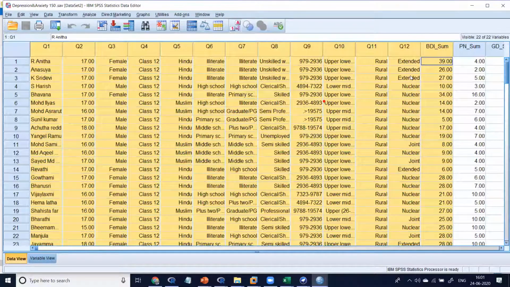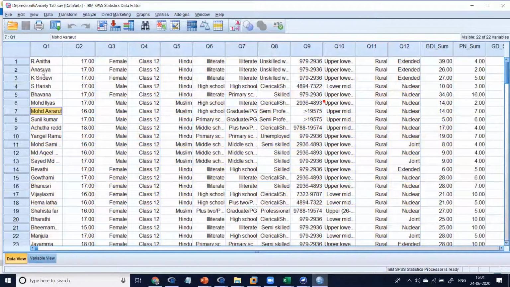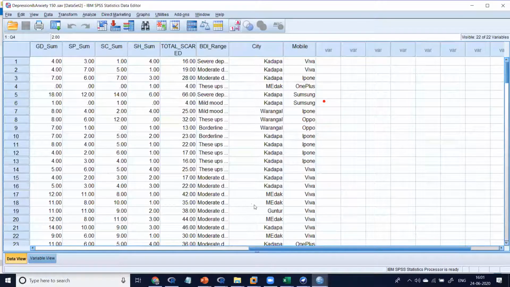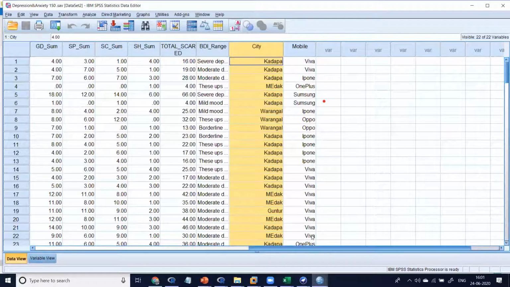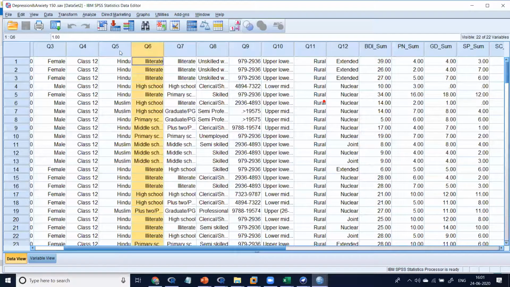Those are all the patient names: Anita, Anasuya, Sridevi, Harish, Bhavana, Muhammad Ilyas, all intermediate, a very critical age. People are attempting suicides, psychic, not studying well. Why? Lack of mobiles, lack of environments, mother's education, religion, parents' employment, the type of families. Those are all the causes.